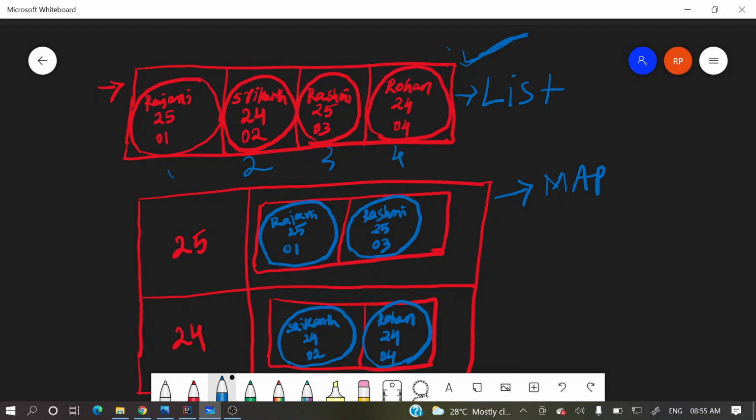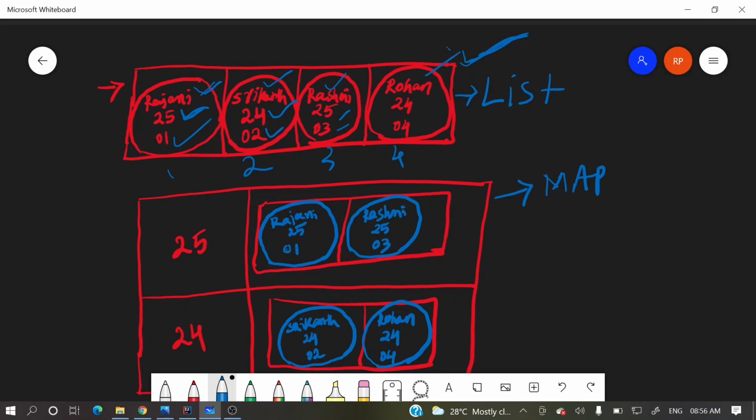In each student object we have attributes: first is name, second is age, and third is an ID. Here the name is Rajni and the age is 25, though my age is not 25, in this example I have taken it as 25. So three attributes: name, age, and ID. Another object has name Srikanth, age 24, and ID 2. Here another one, Rasmi, age 25, and ID 3, and here one more.